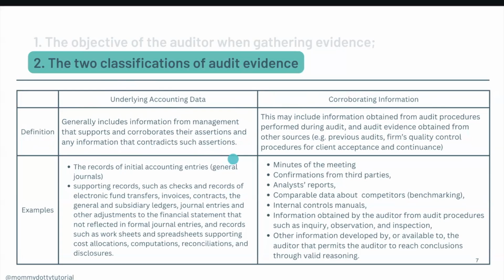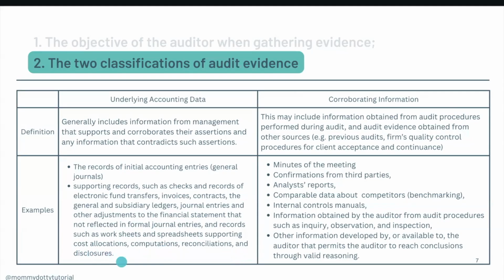contradicts such assertions. Examples are the records of initial accounting entries or general journals, supporting records such as checks and records of electronic fund transfers, invoices, contracts, the general and subsidiary ledgers, journal entries, and other adjustments to the financial statement that is not reflected in the formal journal entries, and records such as worksheets, spreadsheets, supporting cost allocations, computations,